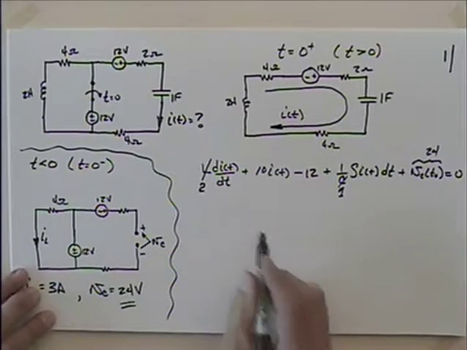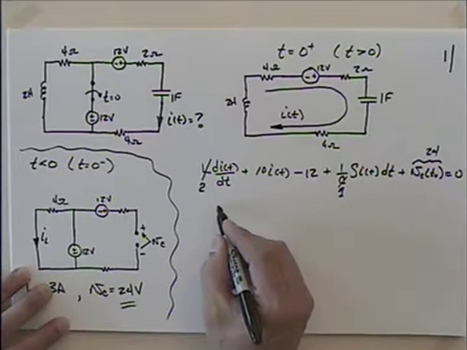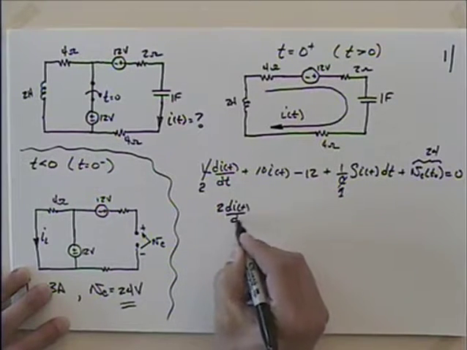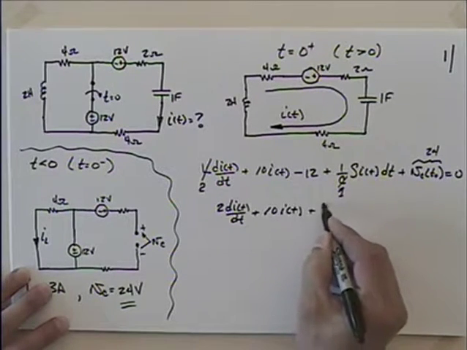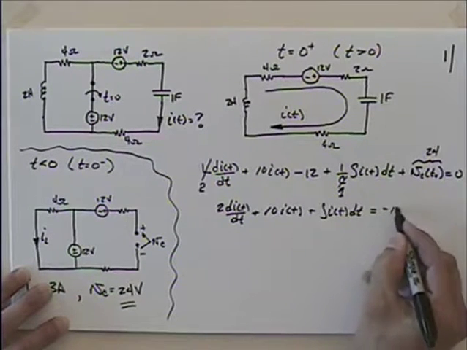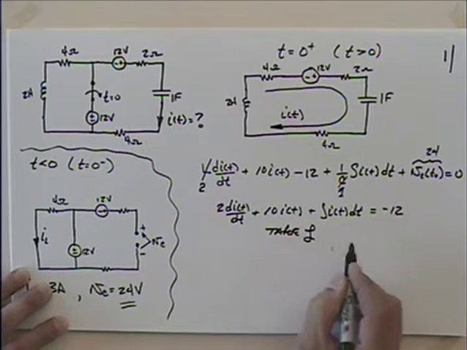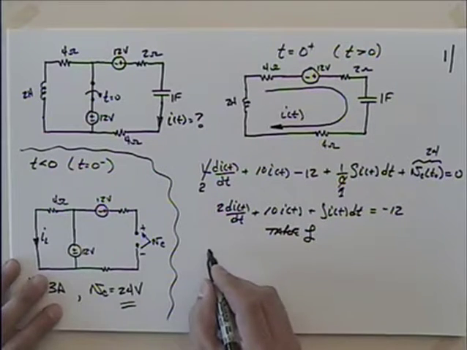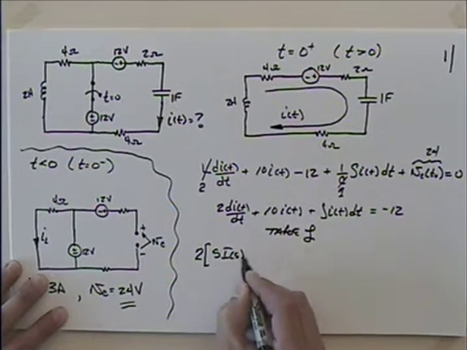And we came up with the expression 2 di of t dt plus 10 I of t plus the integral of I of t dt is equal to minus 12. And we took the Laplace transform of that. When we did that, we came up with 2 times s I in the s domain